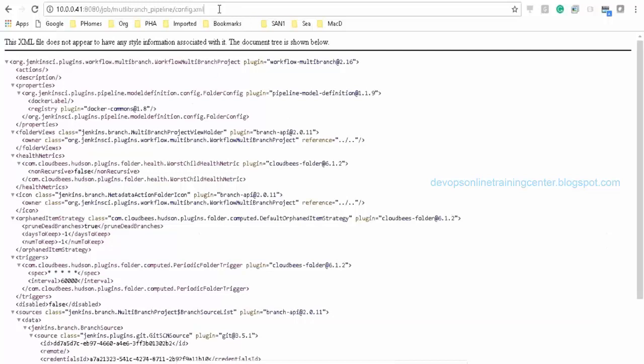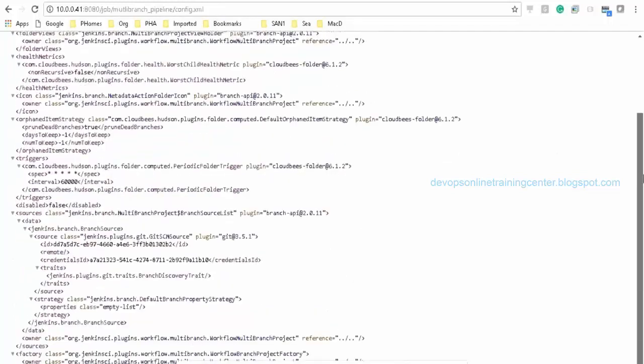Every job will have a config.xml. Jenkins stores all the information about that job in that particular config.xml. If you give job name / config.xml, it will show the information in XML format.